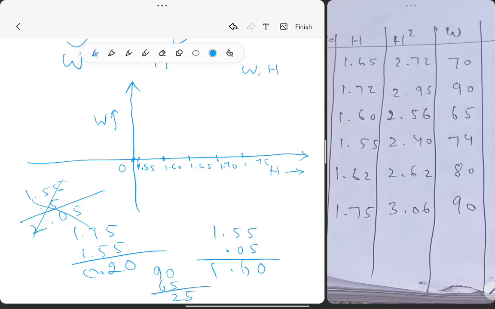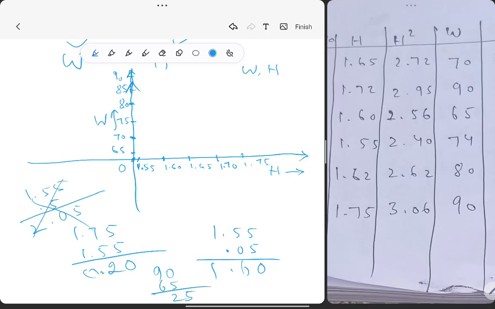The least is 65. I put a cross here. I will start from this 65 and then I will go for 25 steps. I cannot continue with 5 each because I will not reach here perhaps. This is 65, 70, 75. Oh no, I can do it. 65, this is 70. Let this be 75, let this be 80 and 85, and a little bit higher up you have 90. So these are the weights.